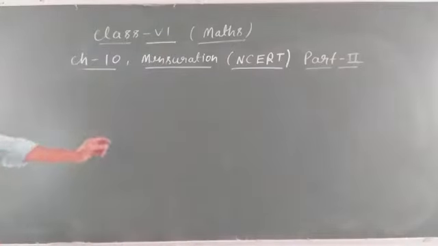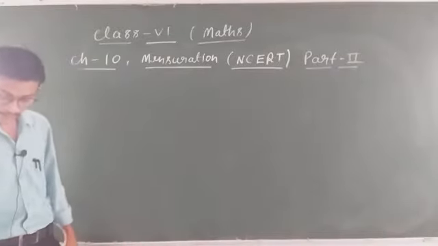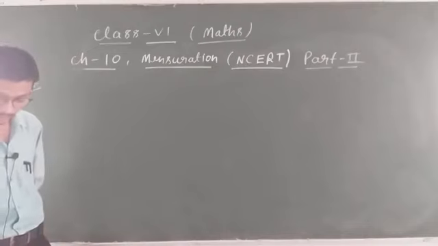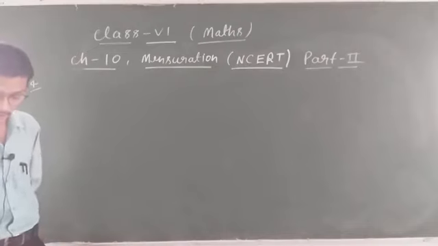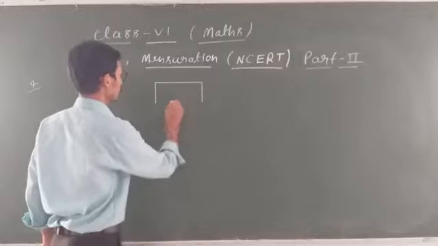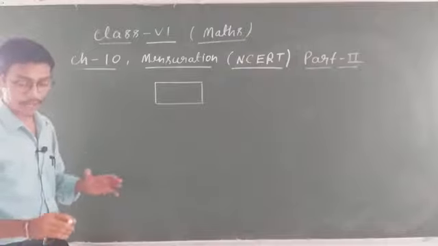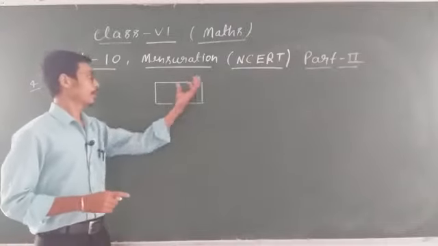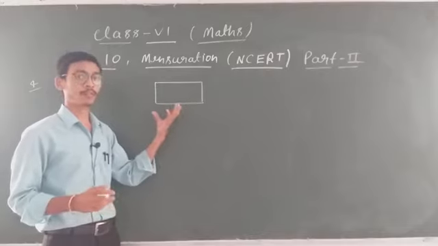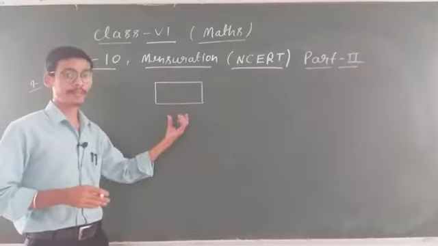Now question number 4. Come to question number 4. Clear students? Now in question number 4 what is given? It is given: what is the length of the wooden strip required to frame a photograph of length and breadth 32 centimeter and 21 centimeter? Okay students, just imagine this is a frame of a photograph. You know that, na? A frame of a photograph means the one in which you put the photos. Clear? So this is the frame.